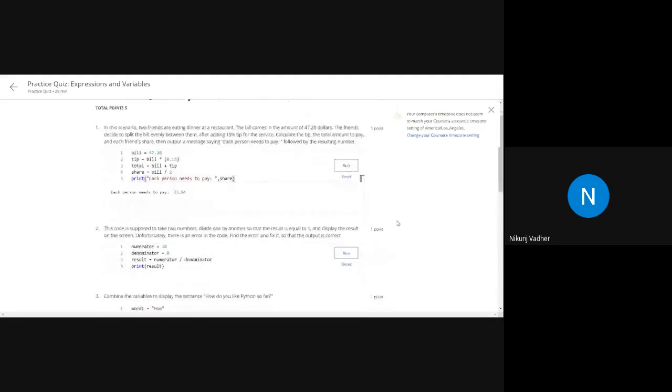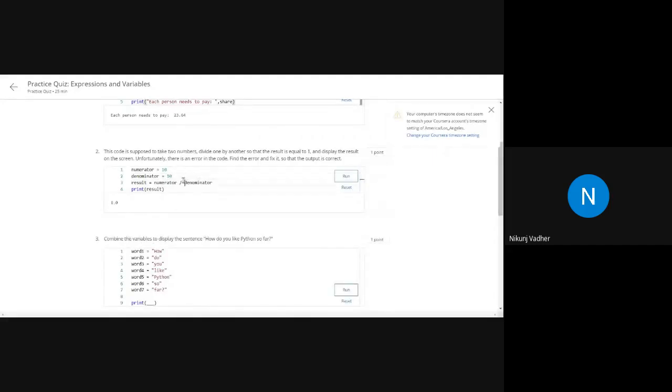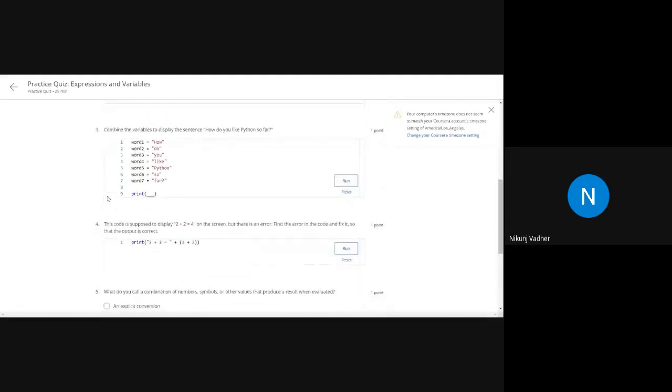Another quiz. The code is supposed to take two numbers and divide one by another so that the result is equal to 1, and then display the result. In this one, there is an error in the code. So here, and if they want floor division, combine the variables to display how do you like Python so far.